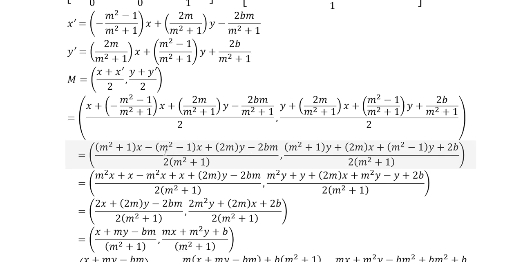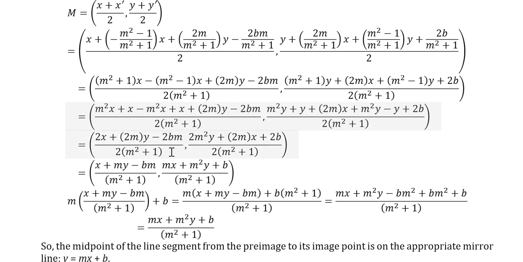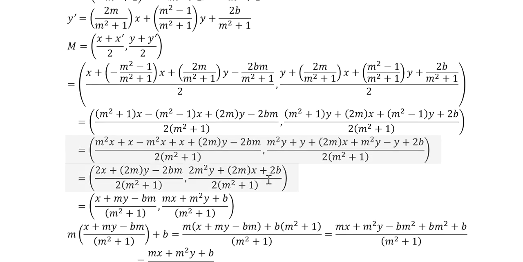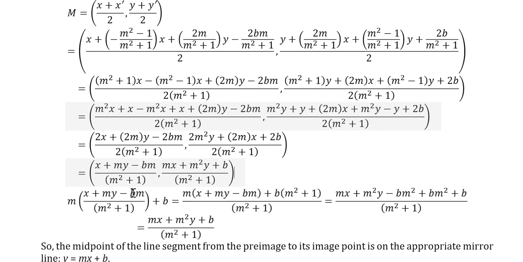And we get that. I did some distributing here and here and combining like terms. And eventually it settles down to this one right here. Again, I will leave that right there for a second if you want to stop and verify the details. Or you could use a computer algebra system to do it. But this works out. So now if you take this and multiply by m and add b,